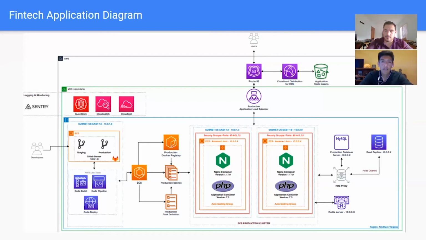Let's say that you have a small e-commerce application and you have around, I don't know, 100 users per month, but suddenly you have 1,000 users, and then you don't know what to do. Well, the load balancer and the autoscaling will launch another instance to help you handle those requests, and that will happen automatically. Okay, that's great.